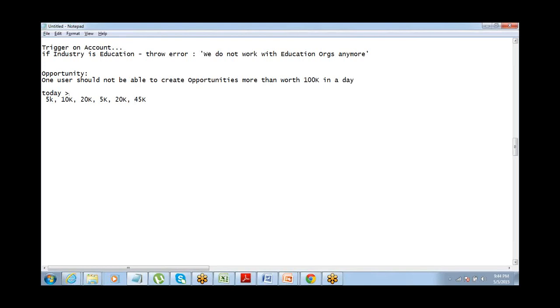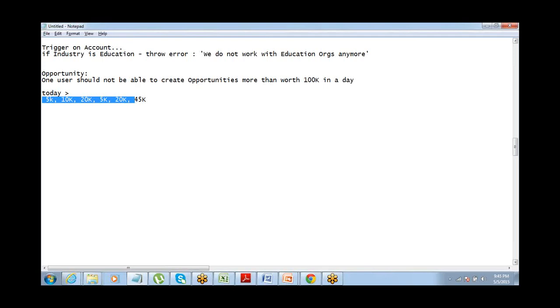Okay, so I want my trigger to go back and check not only the record in context, but also the records which are already in the database. Okay, so how do we go about it? What should we do? You give me some initial idea and then I'll start writing the code. So what is that we have to do here? We need to